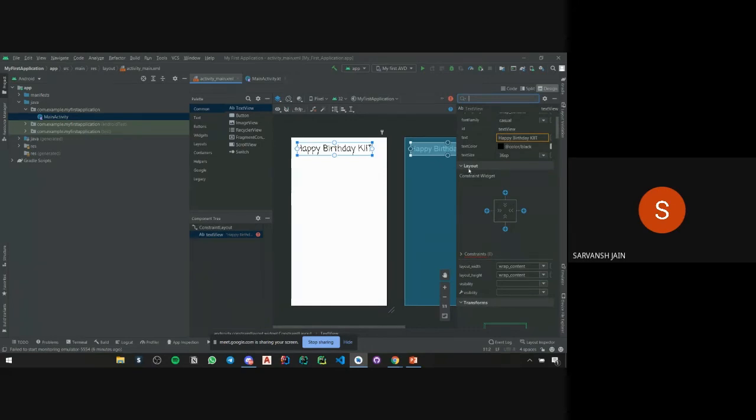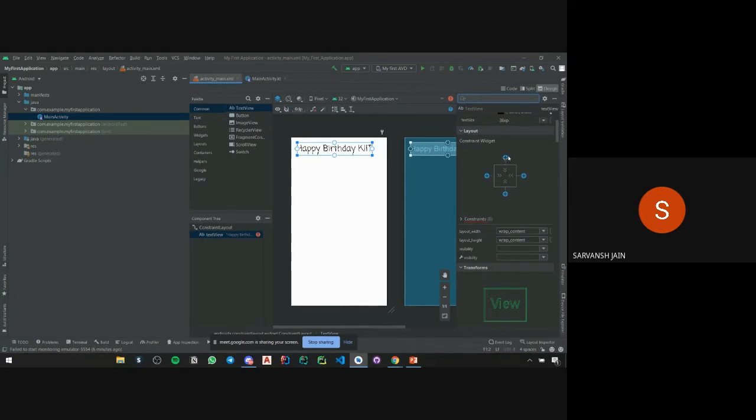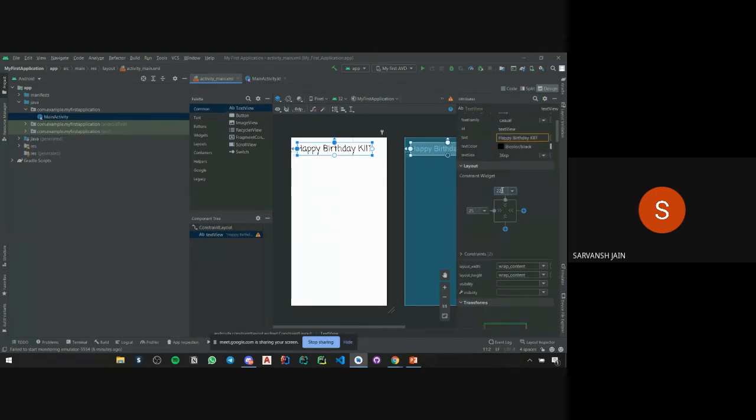So in the layout option, now I selected it. In the layout option, as you can see, constraints are coming. So it's very easy to define constraints. So basically, I'll give in the top of the text and in the left side of the text. So I'll choose this as 16, and I'll choose this as 16 as well.